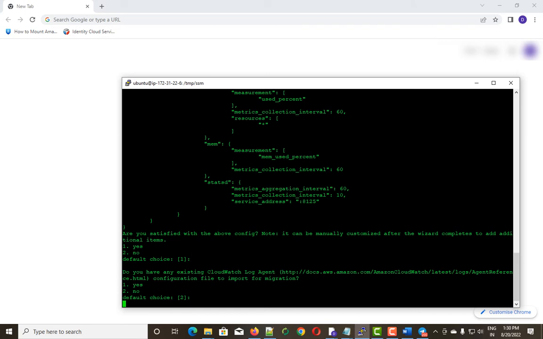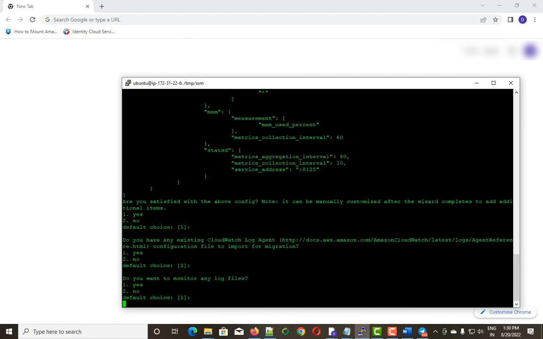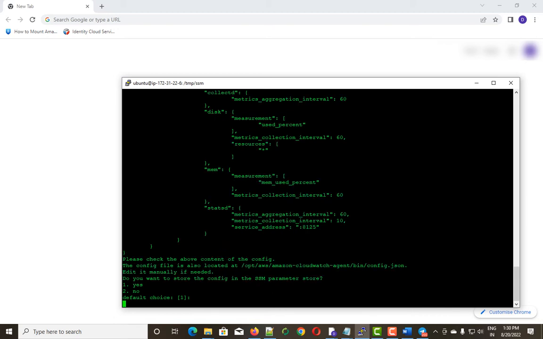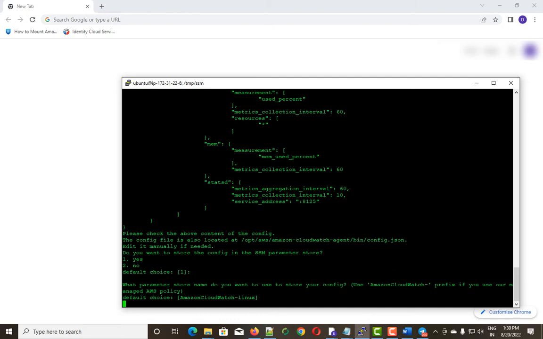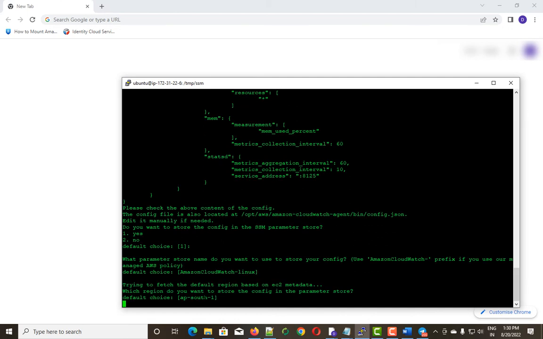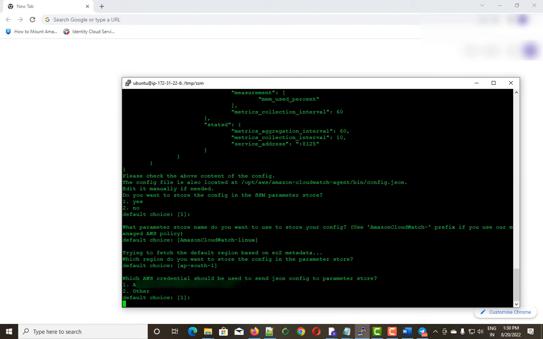Import migration: do you have any existing CloudWatch log agents? I do not have log files. No, I don't want to store. Yes. So Linux. Yes. So this is the credential, so you need to configure this credential using the AWS configure command, right? The user should have the rights to put this file into the SSM